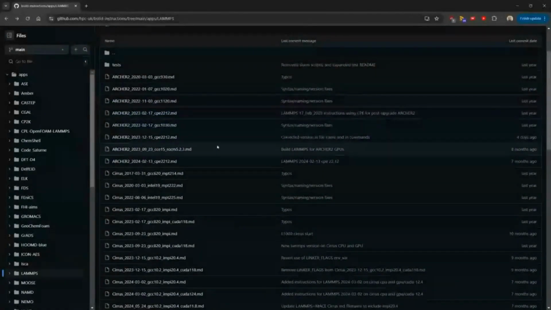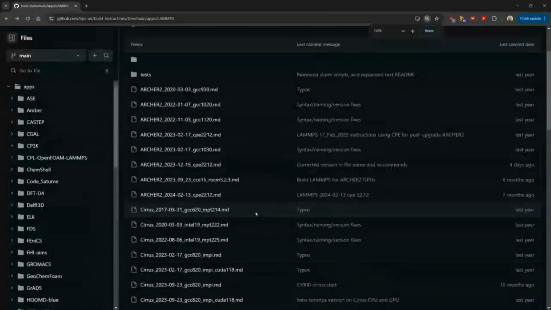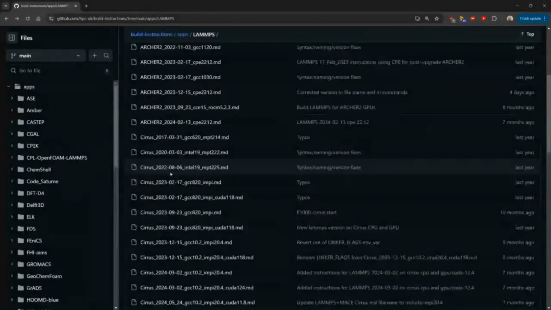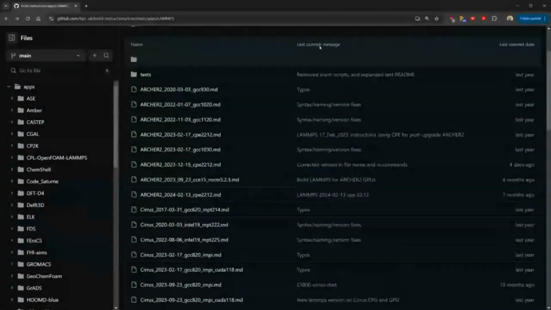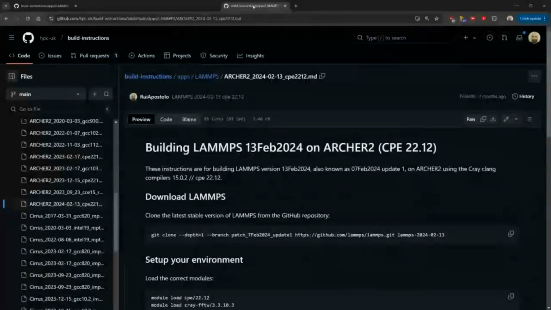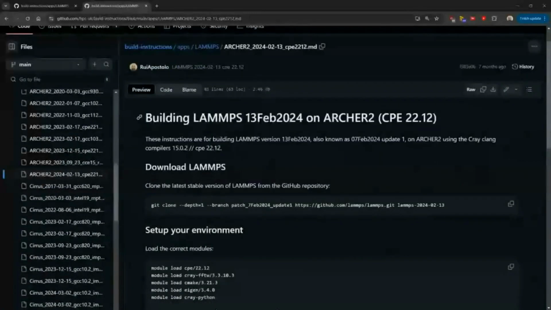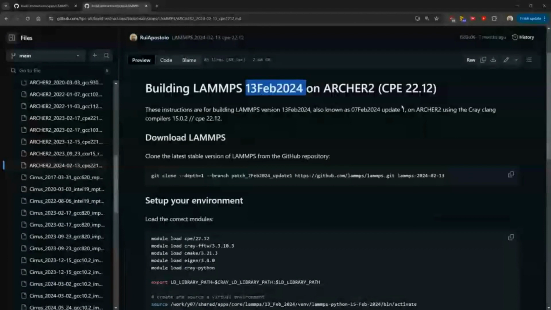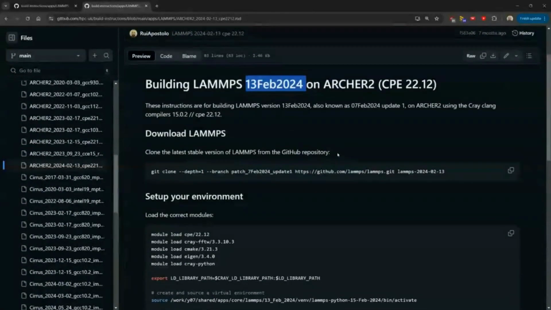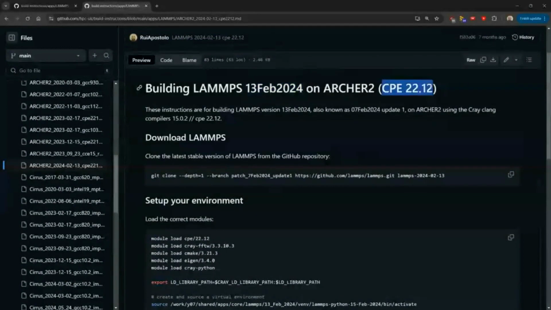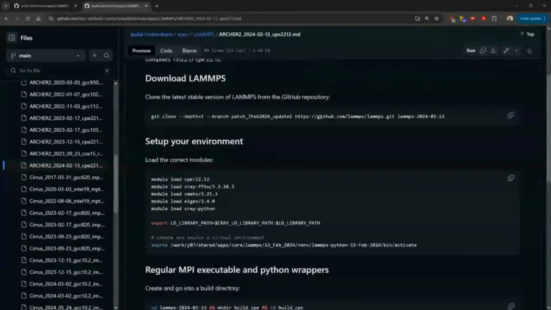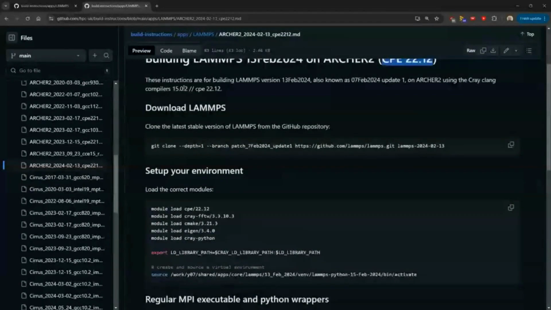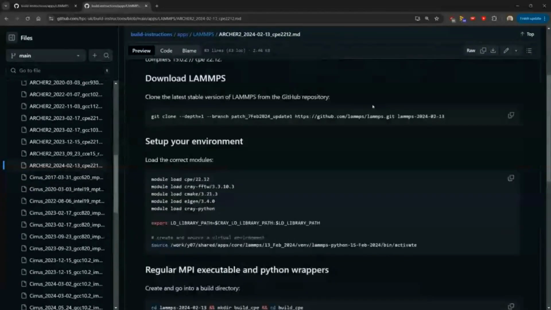In ARCHER2, actually, let me zoom in a little bit because it was a bit small. On Cirrus, we tend to add which MPI library we used also. This is the latest version we have installed on ARCHER2 currently, I believe. It was compiled using the Cray programming environment 22.12. That means Cray Clang 15.0.2. And then we go through